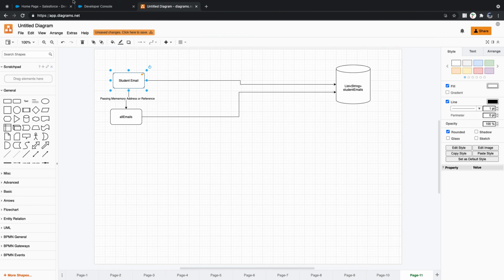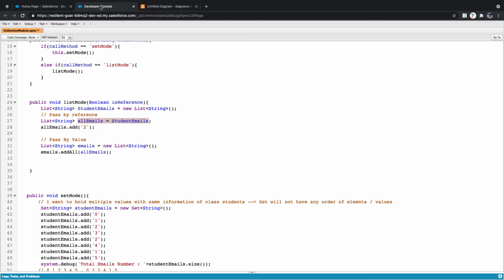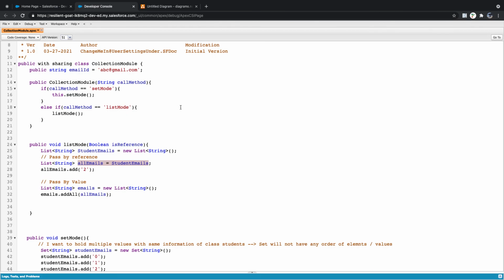Any clarifications needed? Being a Salesforce developer, you will always end up working with collections. You should have strong knowledge of collections, for sure. You have to play with collections like anything, they are just cookies for you. Whatever development you do in Salesforce, you have to work with collections no matter what.